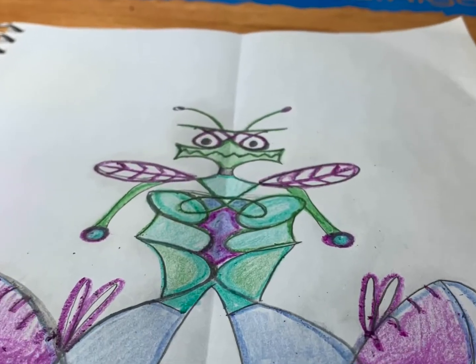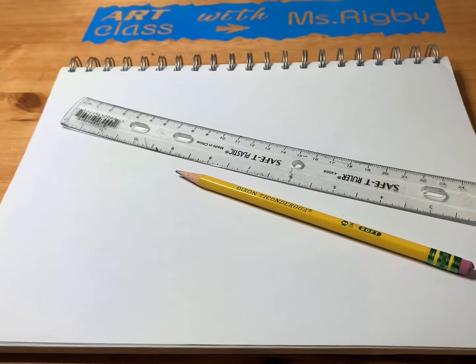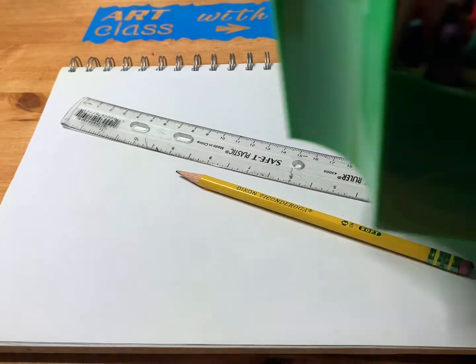Today we create monsters! Grab your sketchbook, get a fresh page ready, and your pencil, and a ruler, and lots